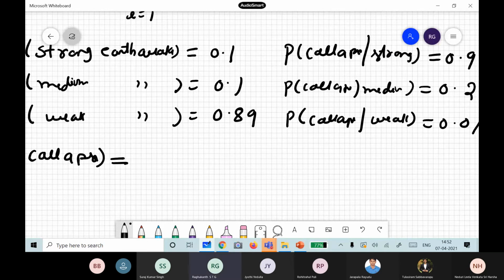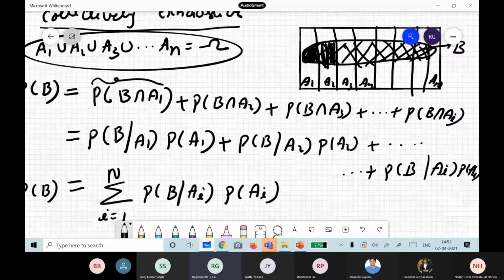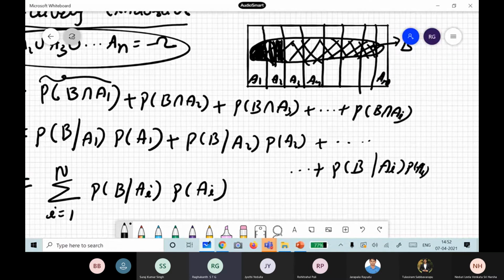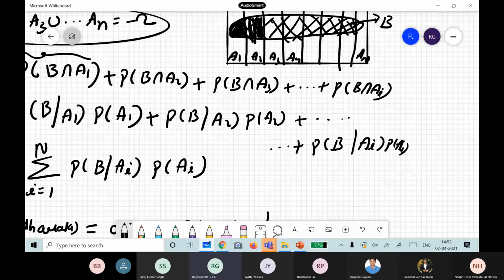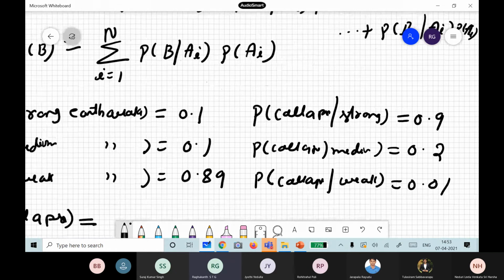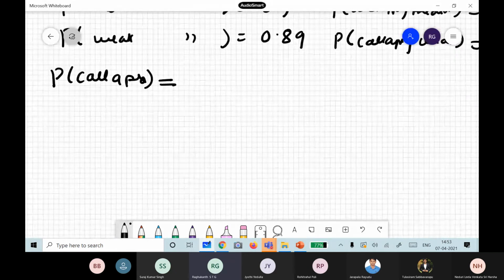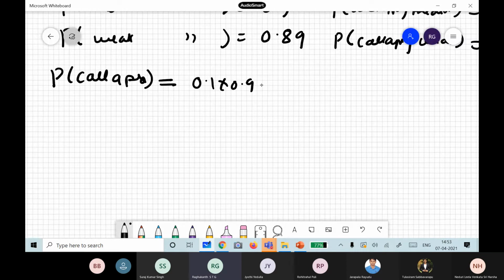Essentially what we are talking about is that I have three things: A1, A2, A3. Among A1, A2, A3, I know the collapse due to A1, collapse due to A2, and collapse due to A3, which I have already calculated. Now if I want the overall collapse of my structure, I will use this total probability theorem. So you use 0.01 into 0.9, you followed, right? You add all those three contributions and you get the total collapse.